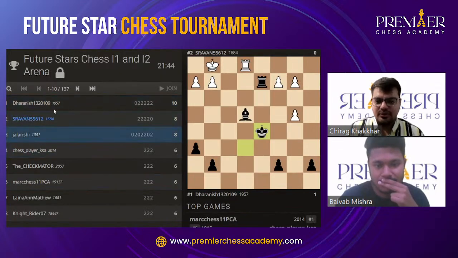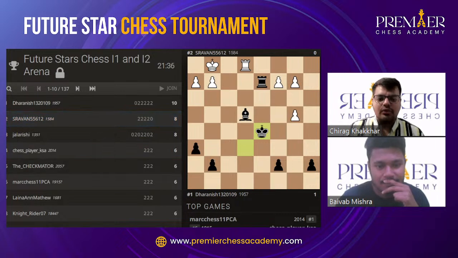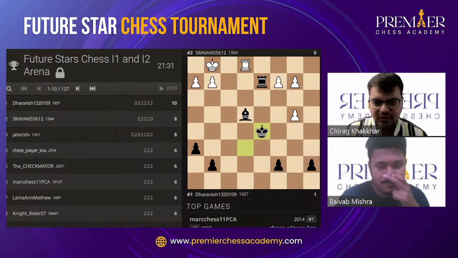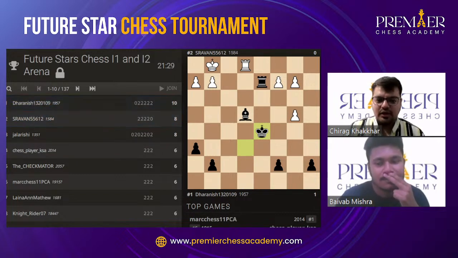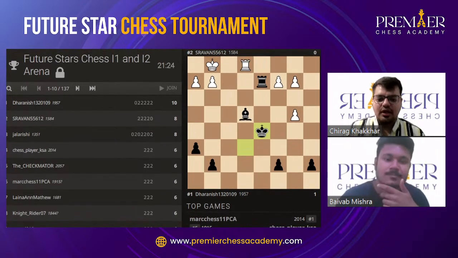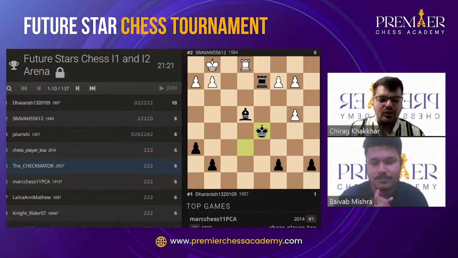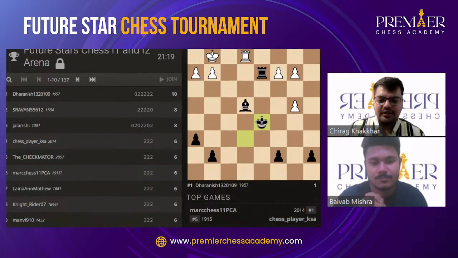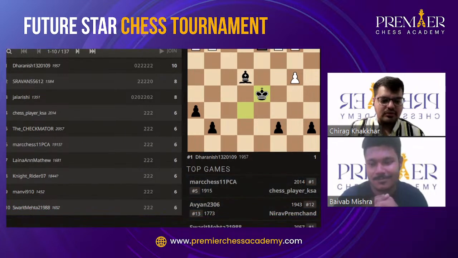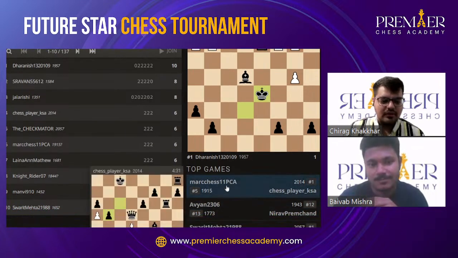What they do is they just go and jump to the game very quickly. So this is the first loss for Shravan. He was leading throughout. Okay. Taharanish lost the first match, but he hasn't lost a match after that. So maybe he might have joined late because he's really strong, 1957. There are other players who are 2000 rated, they haven't lost a single match, okay, but they are a little bit behind, okay. Let's look at, so now number one is